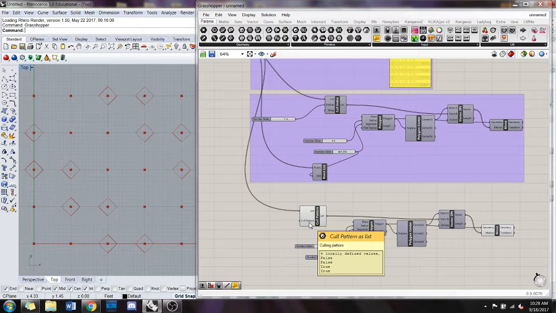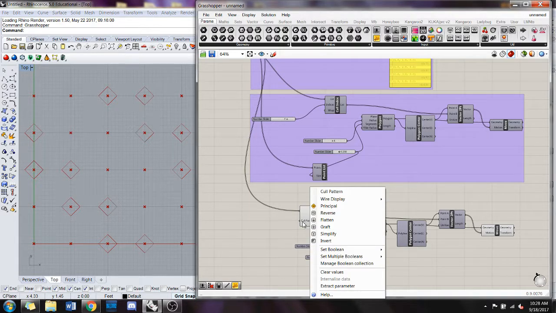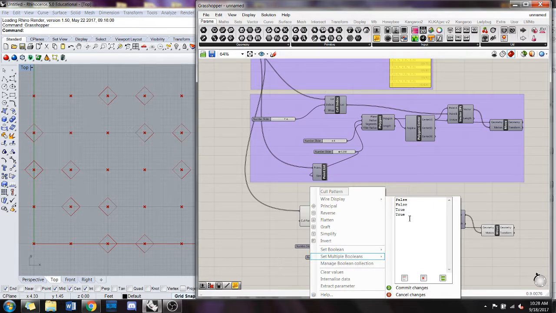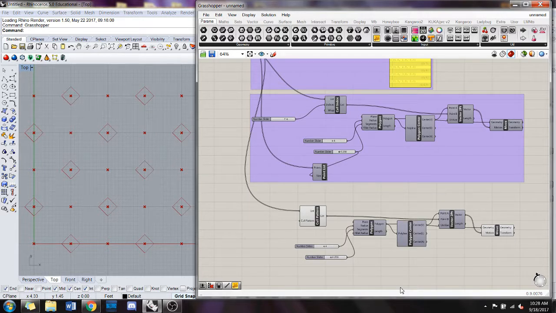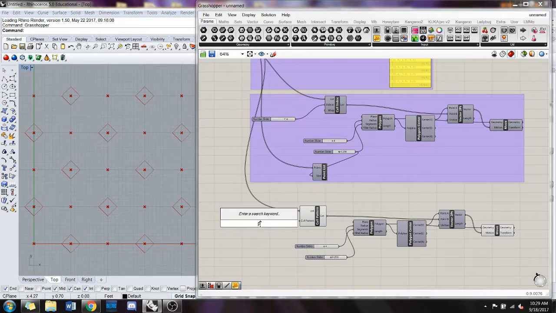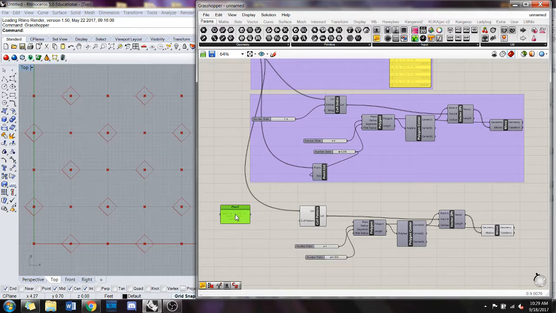So you can do that in a couple of ways. You can right-click on the component. You can do set multiple booleans, and it'll give you a text editor. And each entry has to be on a separate line. So if we do false, true, for instance, then commit changes, it will change. So it's false, true, false, true, false, true. There we go. If Grasshopper likes me today,